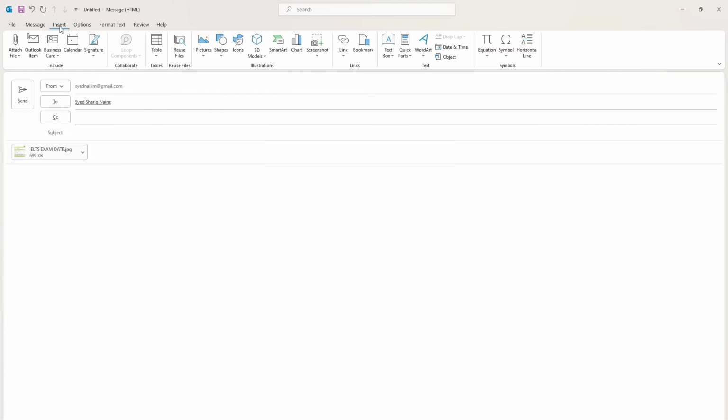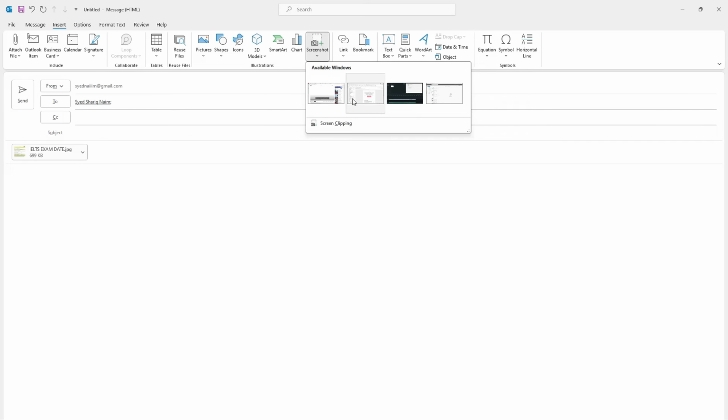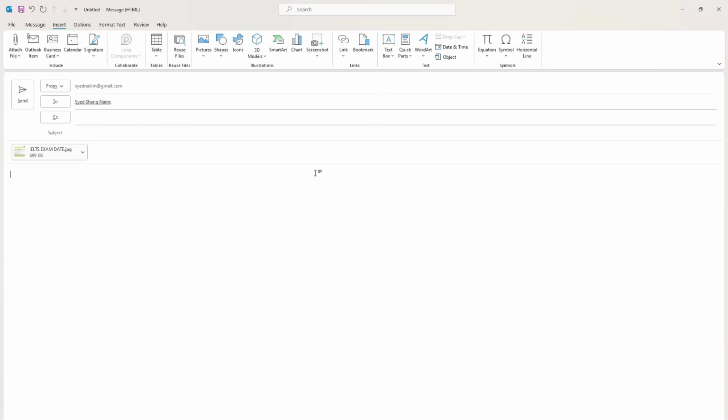When you click on Insert, you see different types of ribbons or tabs here. Suppose the Picture, you can send these pictures from your computer. Shapes, you can send the shapes, 3D models, and also SmartArt, different styles of text. There are too many things. Screenshot, you can send the screenshot, a screen clipping from your desktop or laptop screen. So there are different things you can attach and send by email.